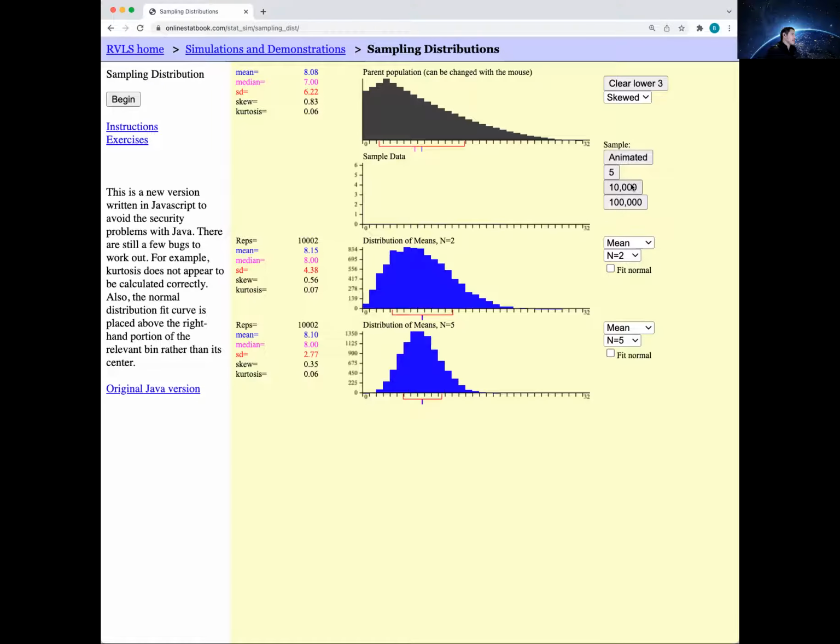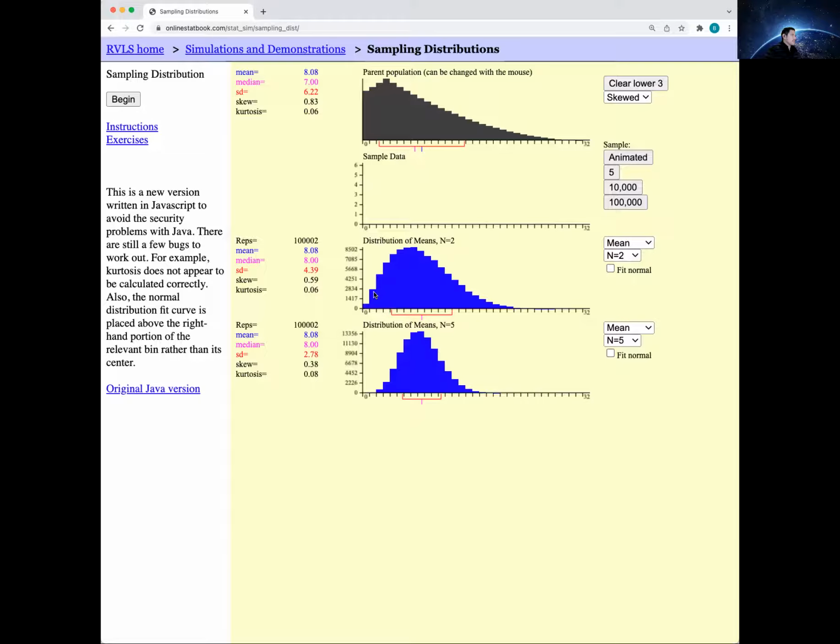Let's do 10,000. What did we get? Stare at that for a second. Let's do another 10,000, or 20,000. Another 10,000, 30, 40, 50, 60, 70, 80, 90, 100,000. And what you can notice is that the shape of the sampling distributions for both of these aren't as